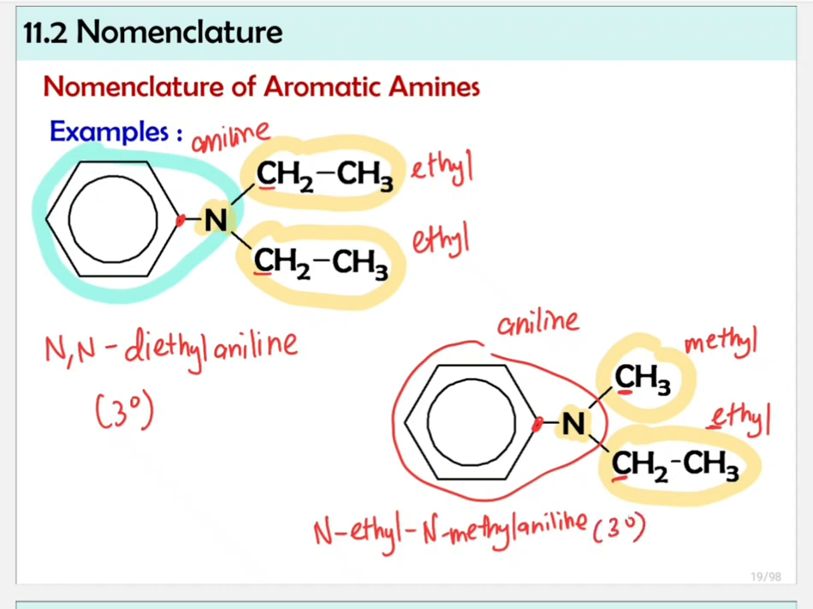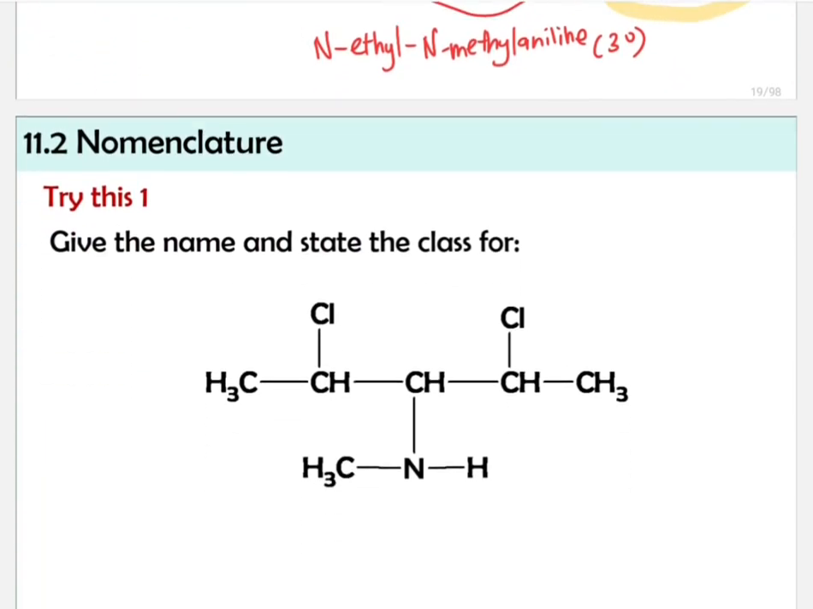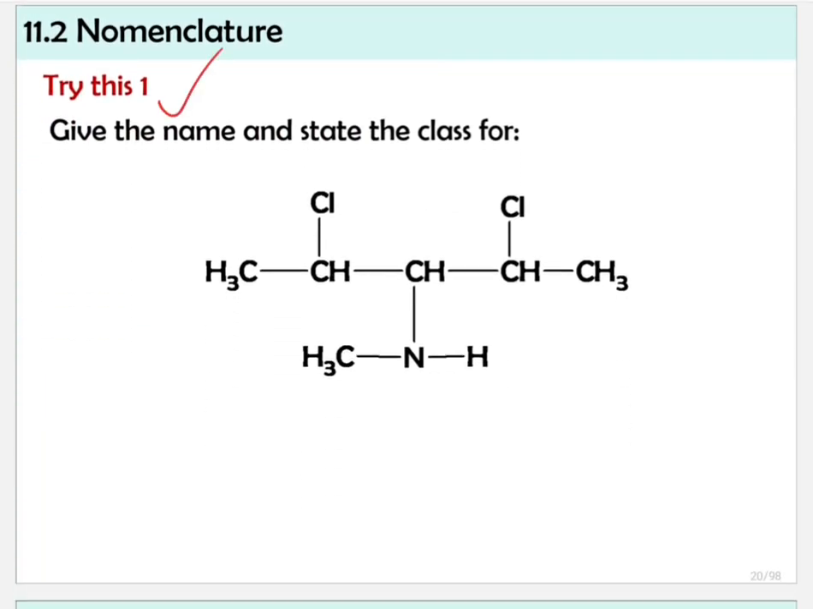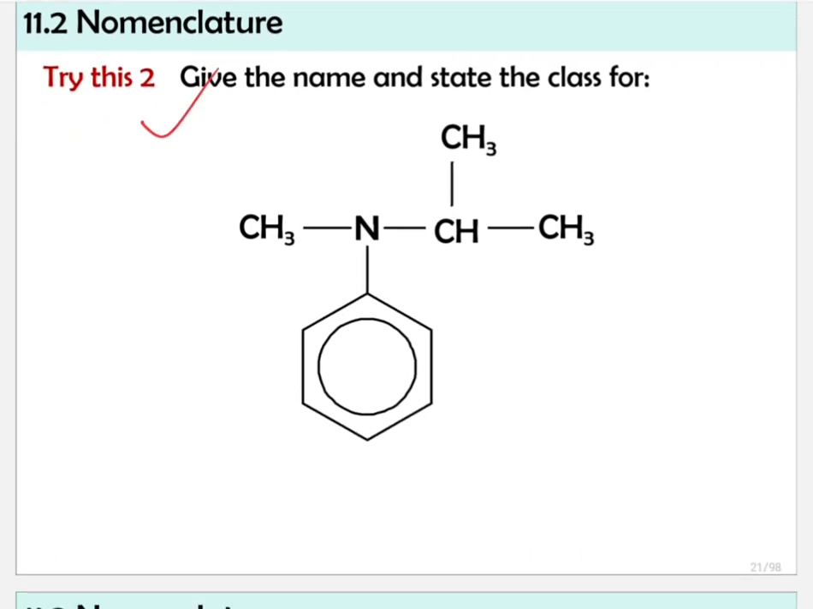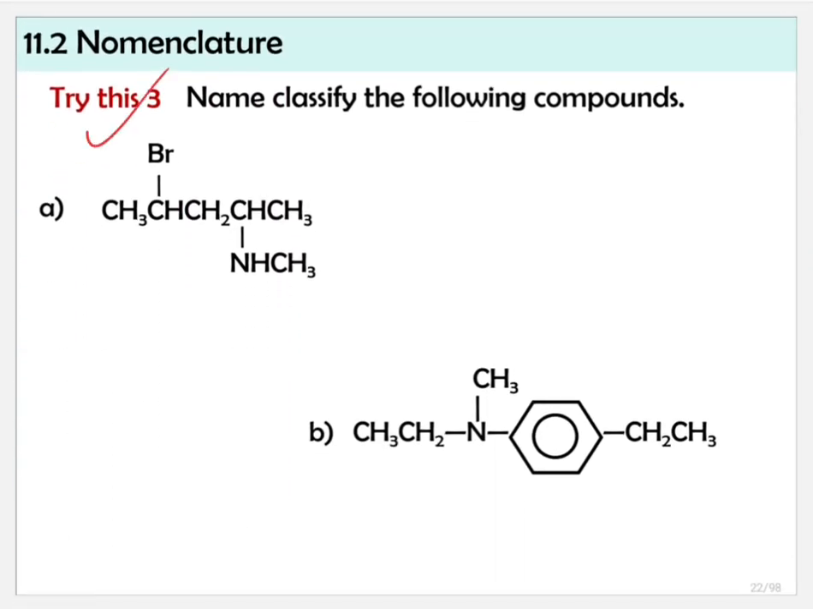Hopefully you can understand how to name amines: aliphatic, aromatic amines, and also the case where there is more than one functional group, where you have to look at priority. So hopefully you can understand how to name amines. Now you try this one. Try these, 3 of them, A and B. For this one there are 3. Try naming the compounds and also the class for the amine. I really hope you understand the nomenclature of amines. So, that's all for this video. Thank you for